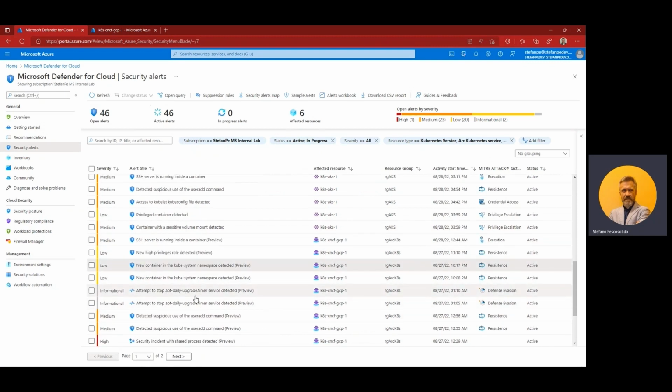Nice also this one, interacting directly with the services running in the worker node from the pod running in the cluster. So in this case, I was just stopping the timer service. Okay, this is just an overview of the security alerts, the kind of detection that you can have with Defender